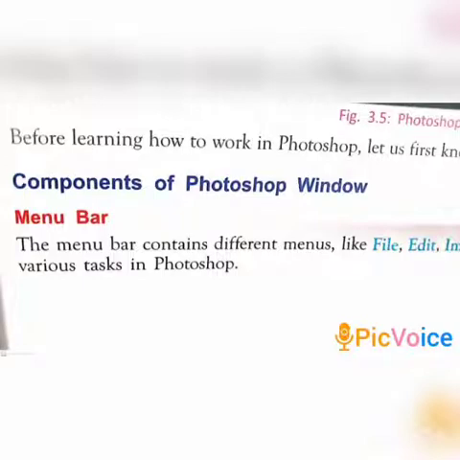First of all, the menu bar. The menu bar is used to open and save files, adjust the canvas size, access some of the editing tools, open and close various windows and more. The menu bar consists of 11 items: file, edit, image, layer, select, window, analysis, 3D, view and help. That is the menu bar options.